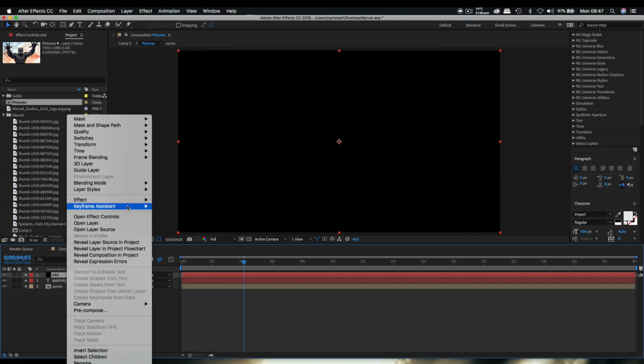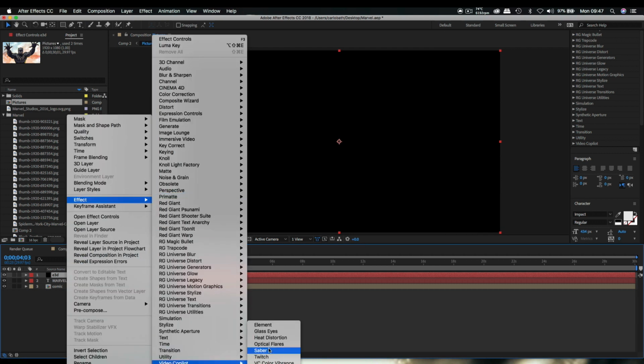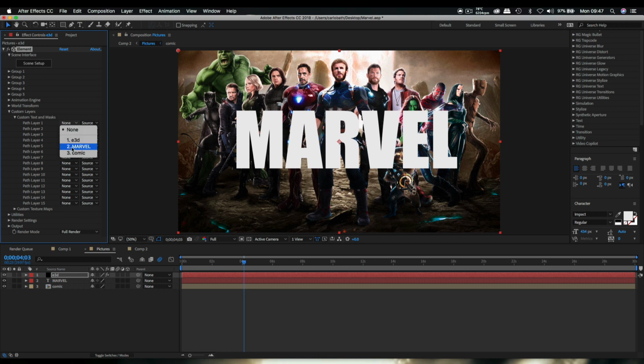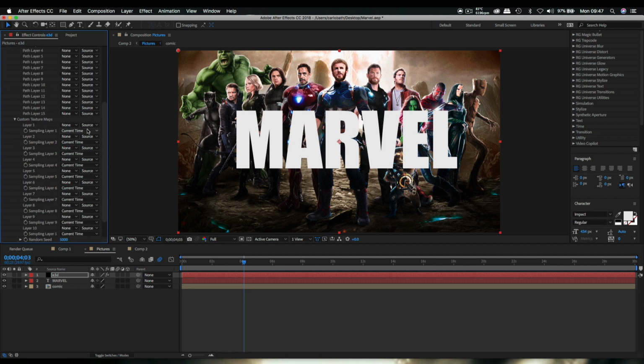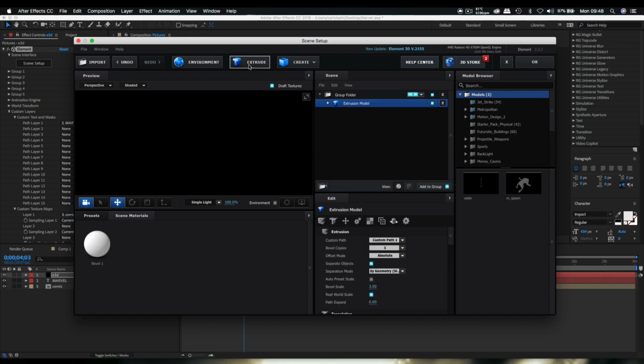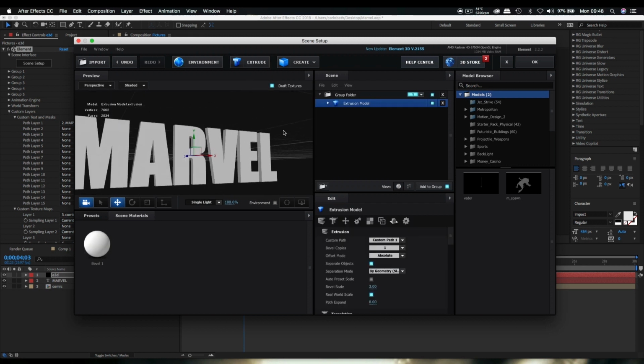Right click, let's add our Element 3D effect to it. Now what you're going to do is come to custom layers, custom text and mask. We're going to change that to Marvel, and then just below that, custom text map, we're going to change that to comic, like so. Once you've done that, we're going to jump into our scene setup, click extrude, and that's going to give us our Marvel